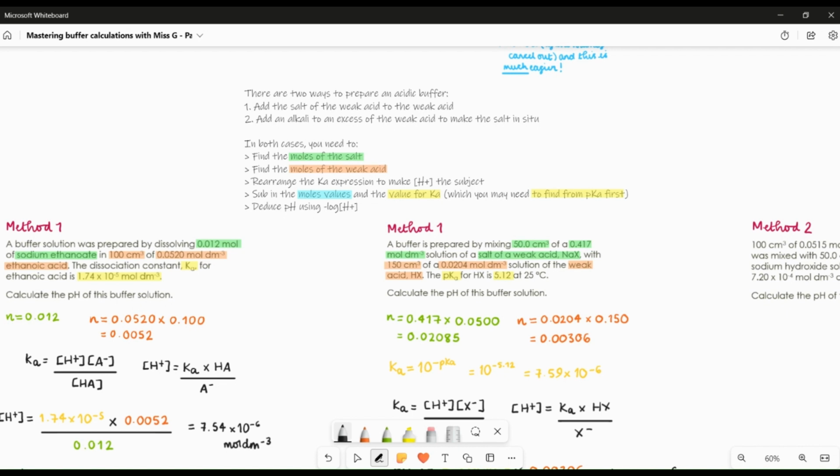So that means that all the alkali will get neutralised by some of the weak acid, which will generate a certain amount of salt, and then will leave us with enough weak acid left at the end to leave us with that buffer solution where we have the salt and the weak acid together. There can be no alkali left at the end here, and we have to make sure we have weak acid